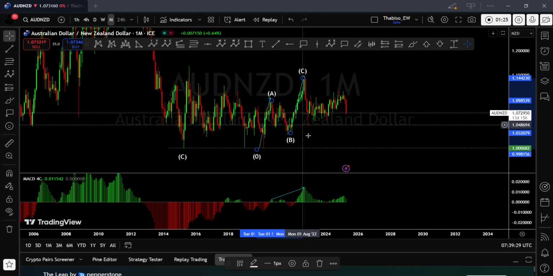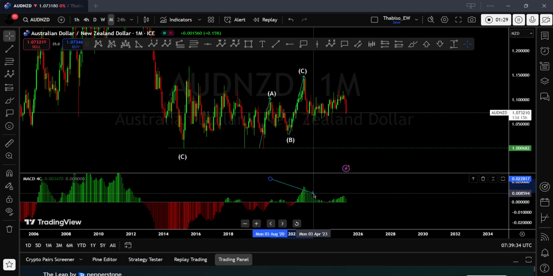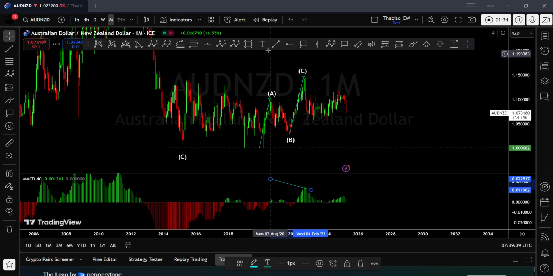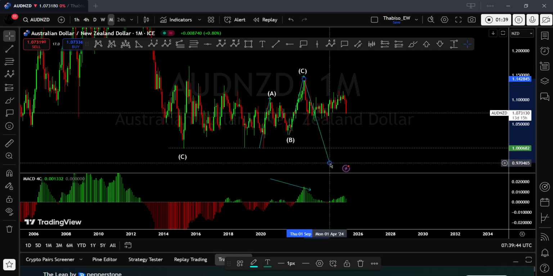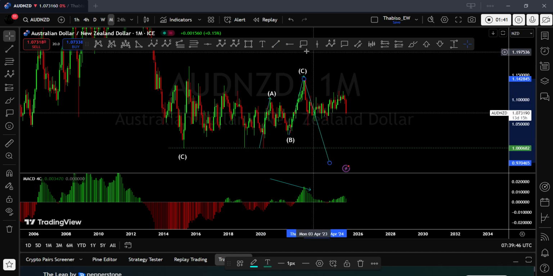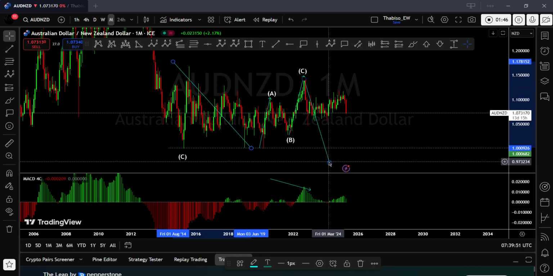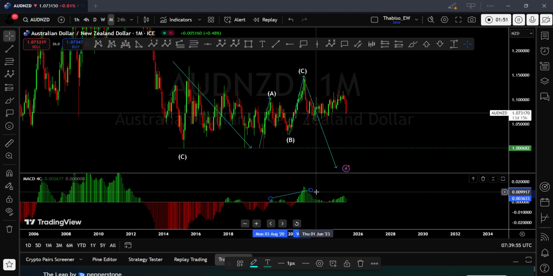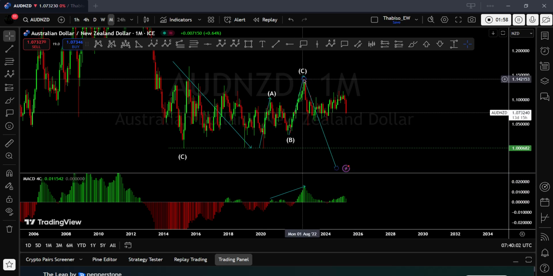we label ABC when we have divergence. So if our RSI was showing a new low here, then we would label it an ABC. Then we would expect to see more continuation to the downside, because ABC is basically a correction and trying to continue down. But since we are seeing this, that it's coming with momentum,